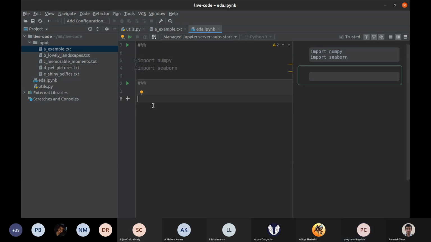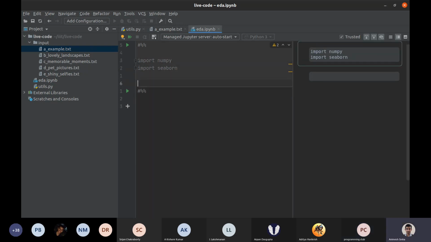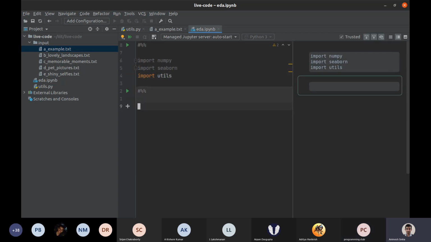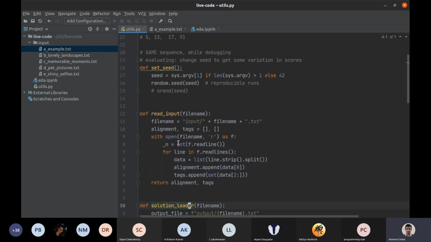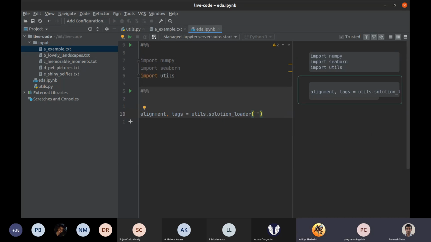Anyway, we get to the EDA now, which is a very important part of Hash Code, another very crucial component. Let's start by planning what things we need to learn about. One of the things that we definitely always need to know is whether this problem can be solved deterministically: how many nodes are there, how many tags are there, how large will it be to represent this entire thing, how large will it be to go through all the possible permutations. So you can start by printing those things out. What is a node?